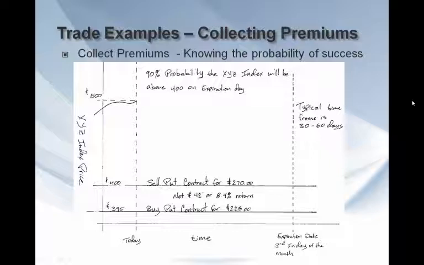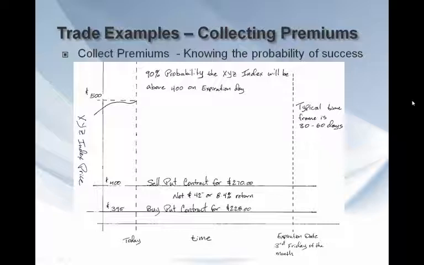So to reduce the risk, purchase a put contract that is centered at the 395 price level. Now the maximum amount you can lose is the difference between 400 and 395 price levels. The cost of the put is $228, which leaves you $42 in gross profit, or an 8.4% return on your money. In other words, this example shows a 90% probability of making 8.4% on your money within the next 6 weeks.